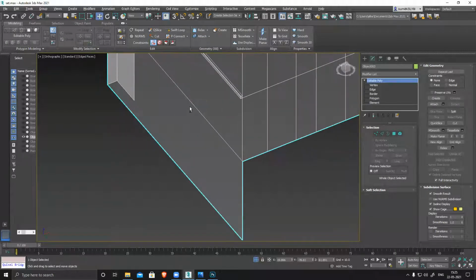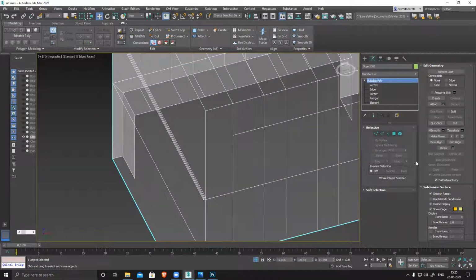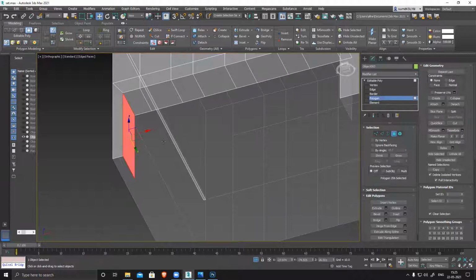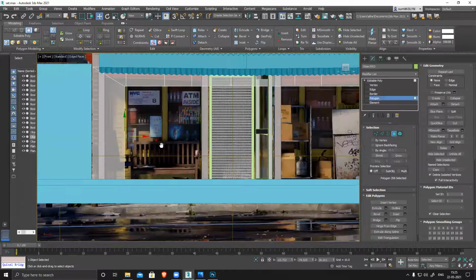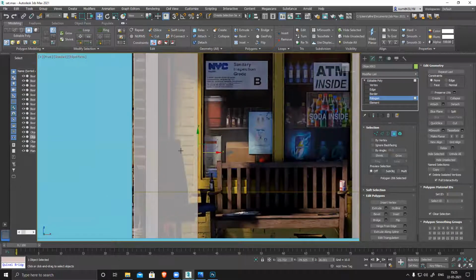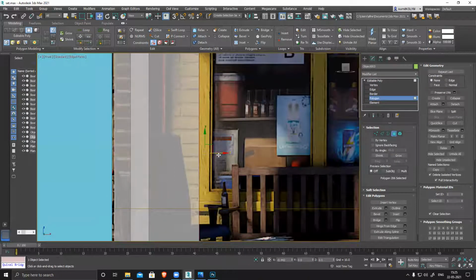You see there is I added little thickness here. Now I select this section, move it forward, and match the shape.